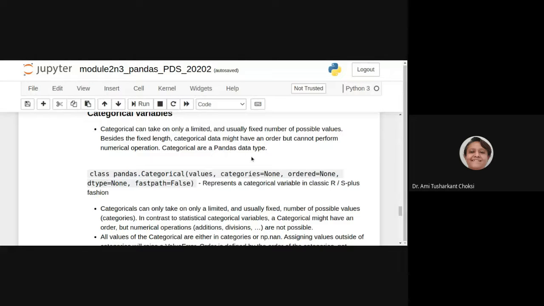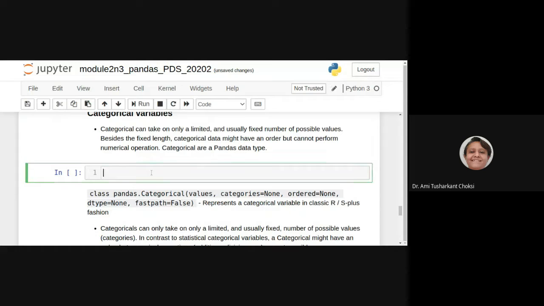Categorical is a pandas data type. For example, say we have first class, then second class, then third class. This is the category. These three are the categories. We do have order in that.